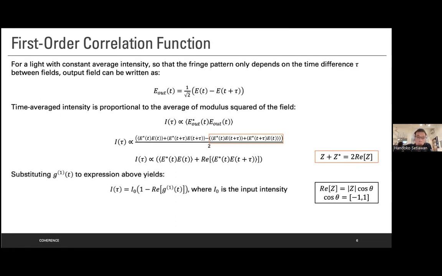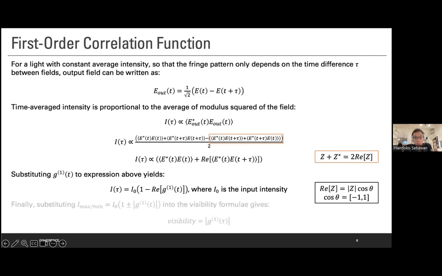And so substituting this G1 term into the expression above will result in the relation shown here. I as a function of tau will be equal to I naught, in which I naught refers to the initial input of the light before it comes into the beam splitter, times 1 minus the real part of g1(tau) of the correlation function,